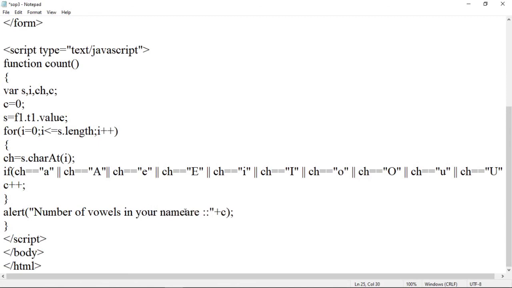are. So save this program and again refresh the page. Now here type any your name. Suppose Akshay. Then this name contains how many vowels? 2 vowels are there.